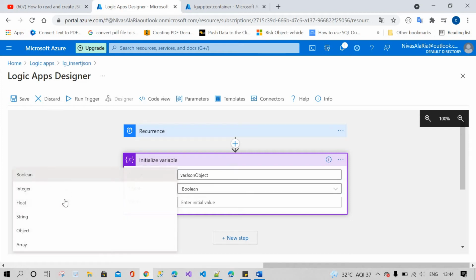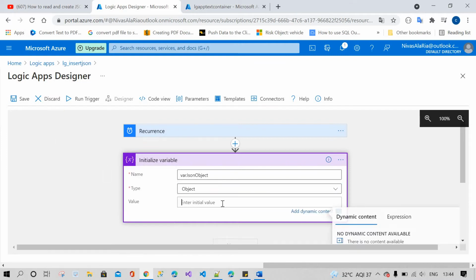So I'm going to take the type object. Everybody knows boolean, integer, float, string, object, array. Object and array are the complex types, and the others are for simple scenarios. So object and array are for complex JSON payloads. I'm choosing the object.